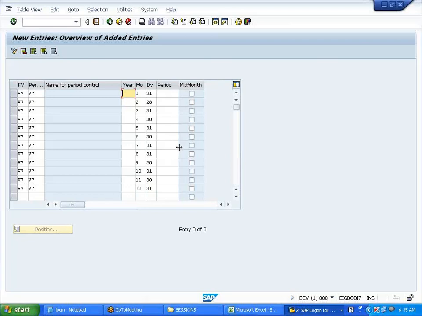I did this for one of the companies in the US. I just want to explain this scenario. If I purchase my asset from the first month till the 6th month, I will get full depreciation. Full depreciation means full year depreciation.